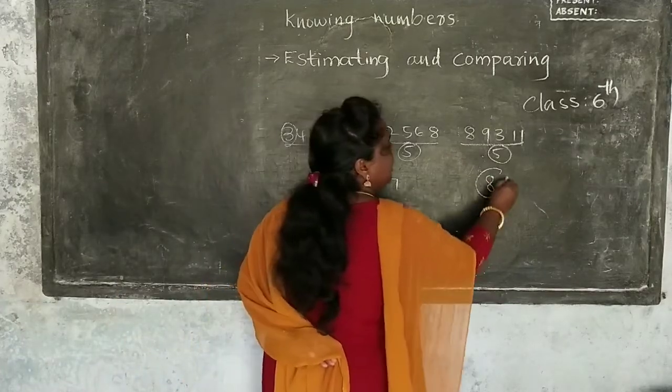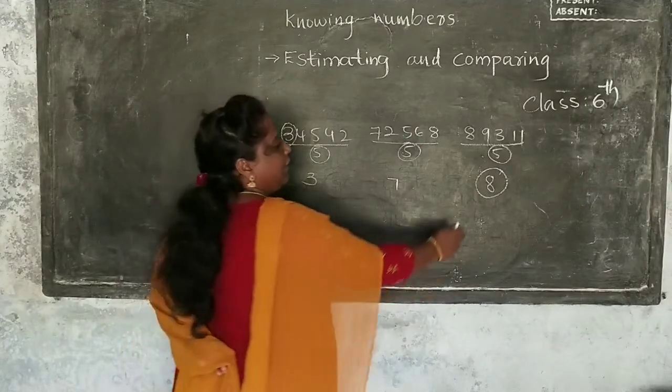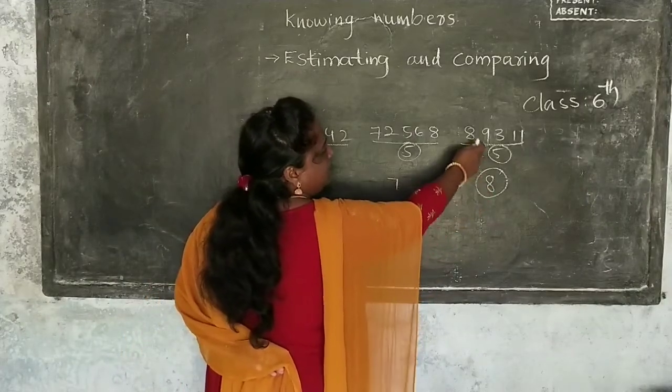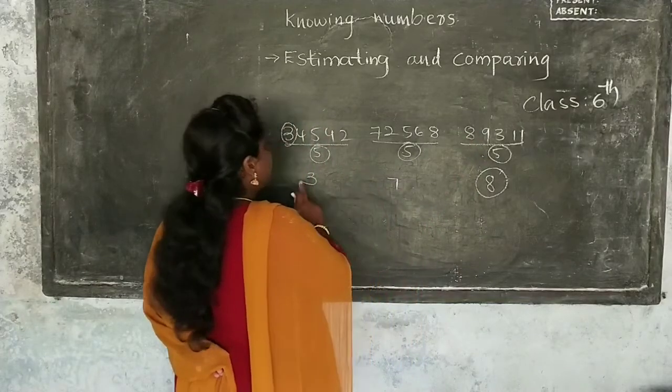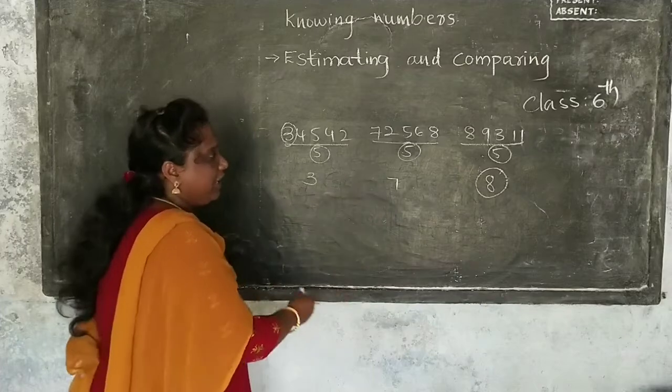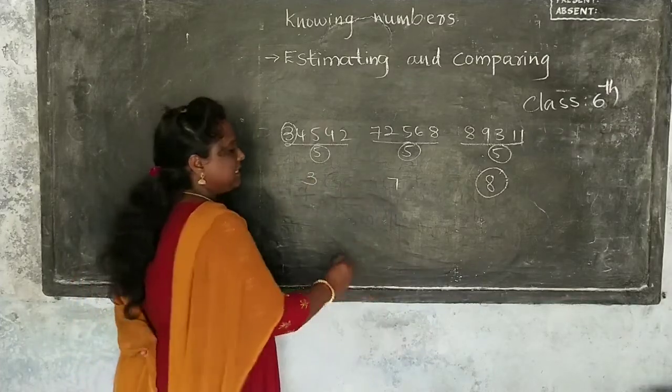Obviously 8 is the greatest number. Okay children, if 8 is the greatest, obviously this number is the greatest number. Next number 7. Next number 3. So then we can write in an order. Among these 3 numbers, the greatest number is